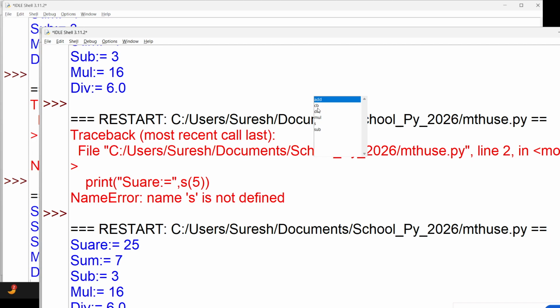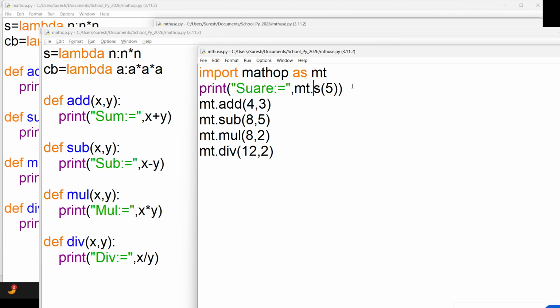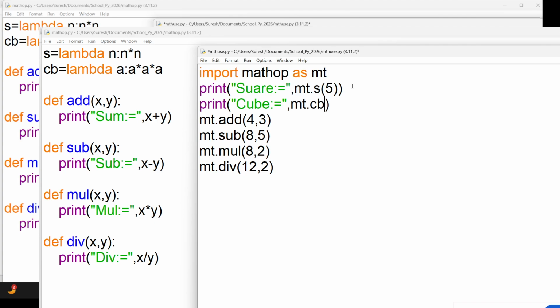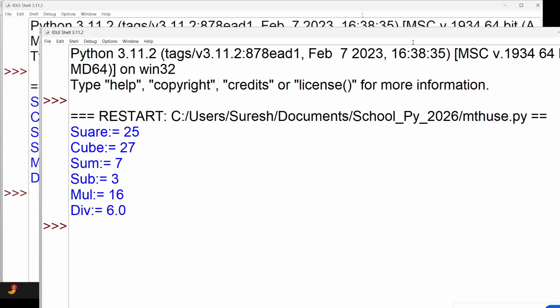See, we have all the functions: add, cube, s, and so on. Like that, I can use print("cube:", mt.cb(3)), which gives the cube of 3 as 27.